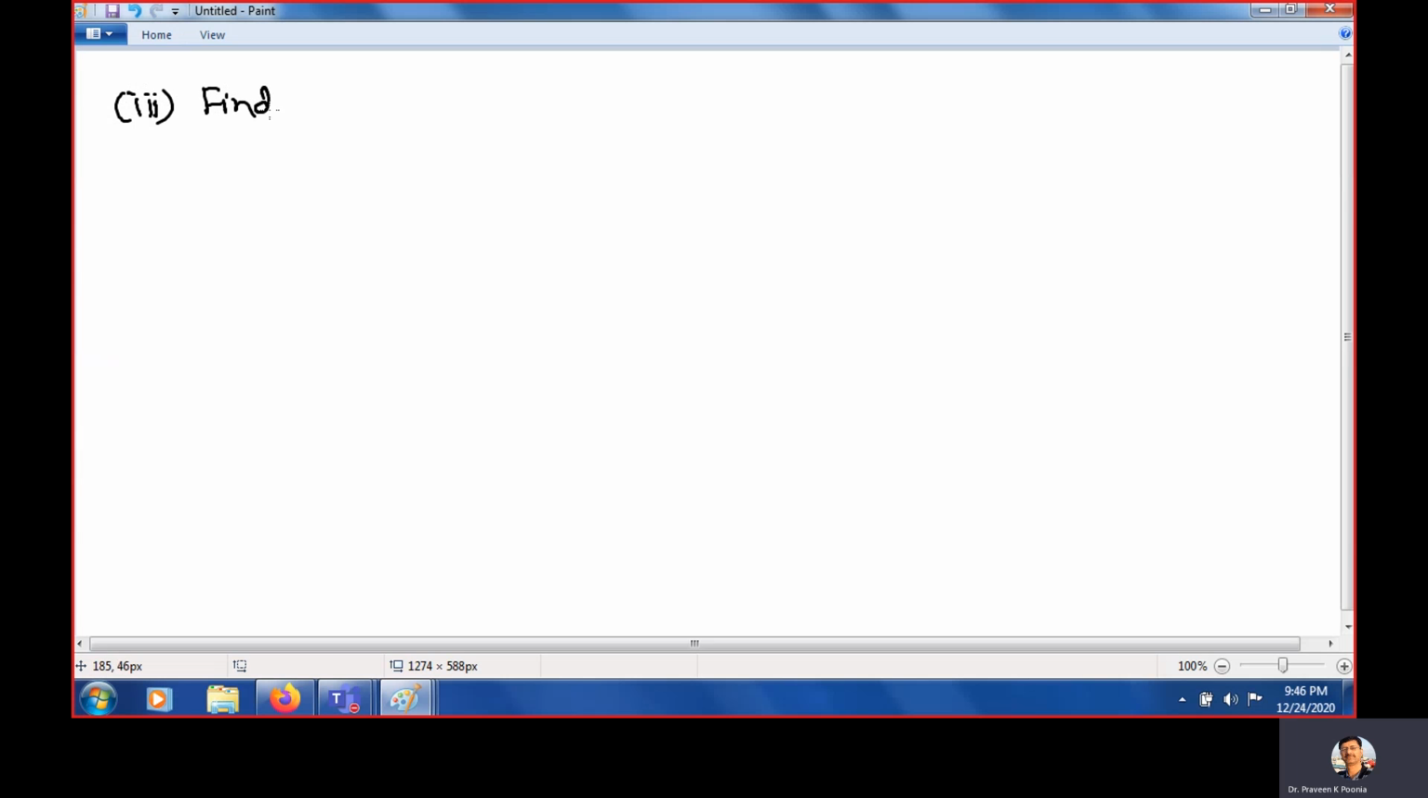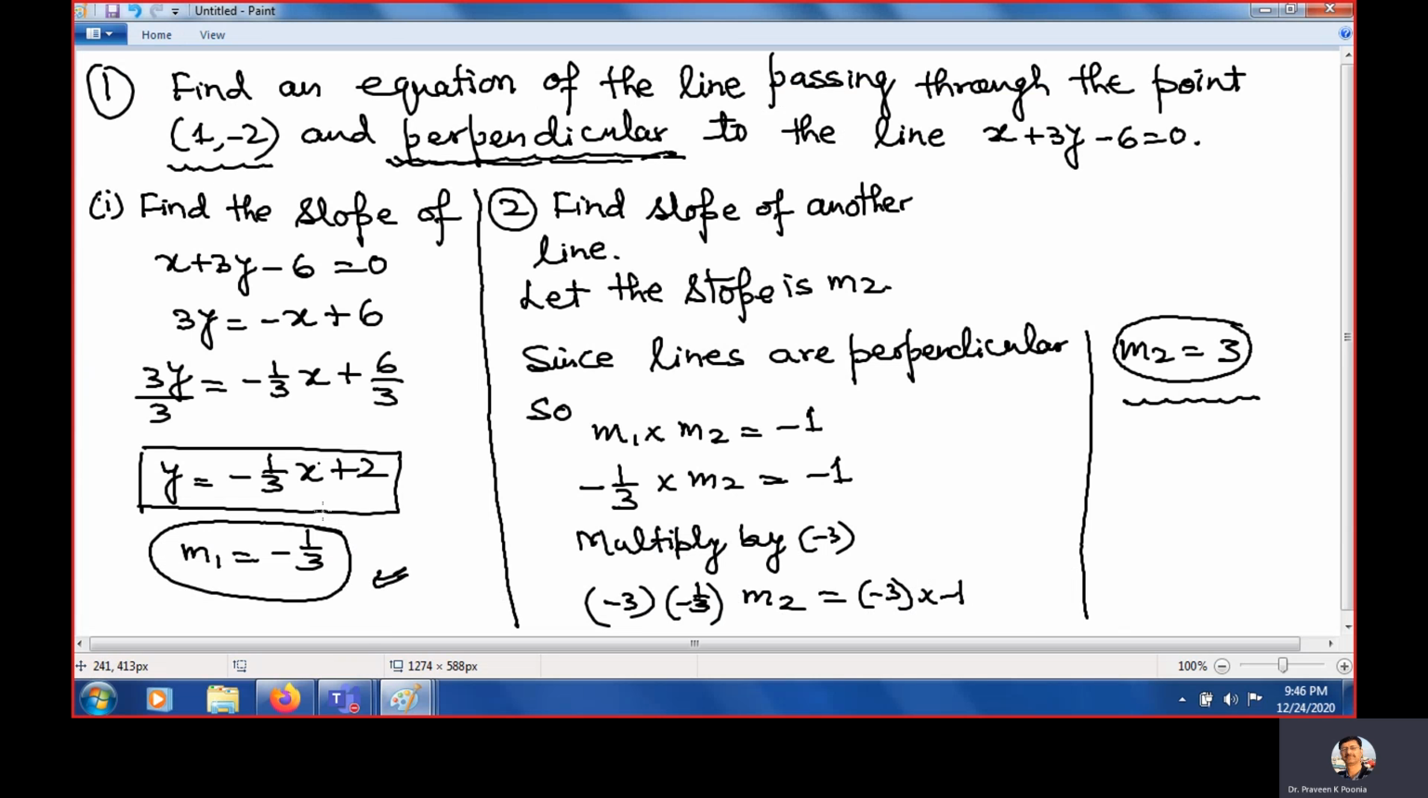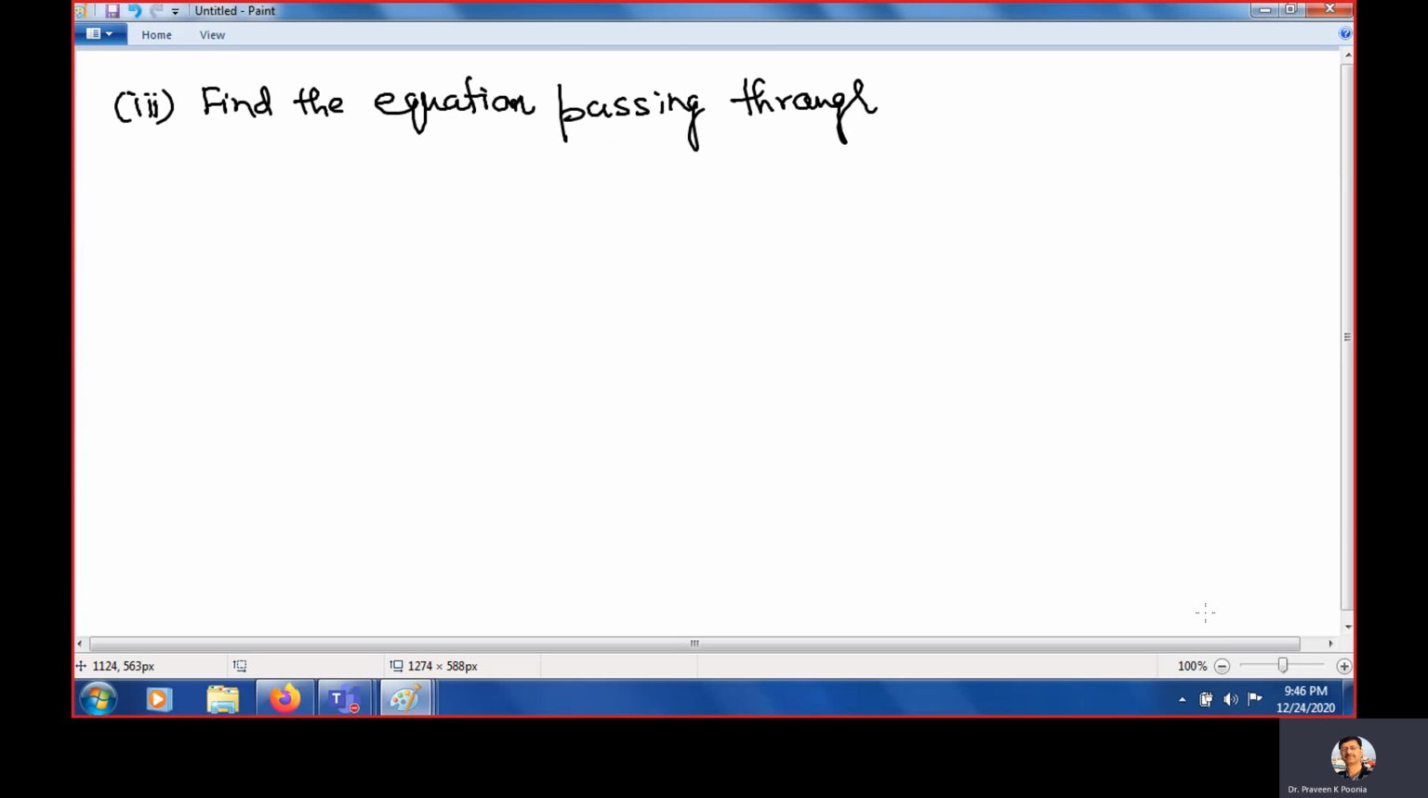Find the equation passing through. What is the point? It is (1, -2). Passing through (1, -2) and